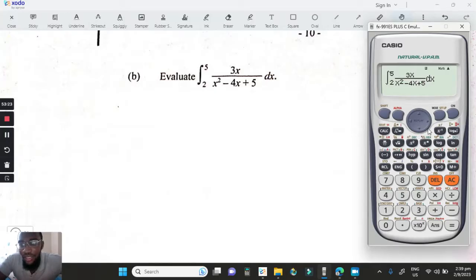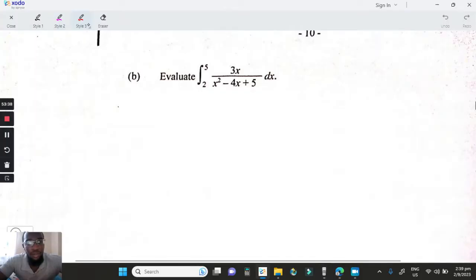Alright, so I know this is what we're integrating. Just like to bracket it. Don't confuse the calculator. So we're supposed to get 10.95. So now I'm going to work towards getting 10.95. So I know the answer. Before I even do the question, I know the answer is 10.95. So that's my aim. So in this case now, first thing I'm going to do is I'm going to say, okay,